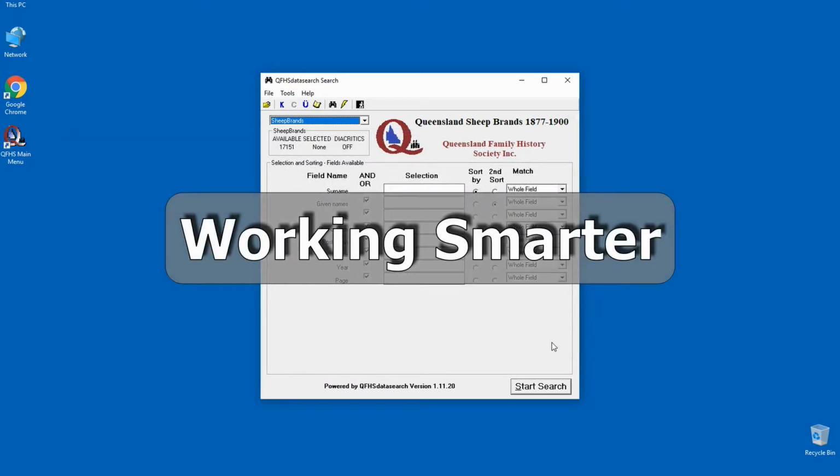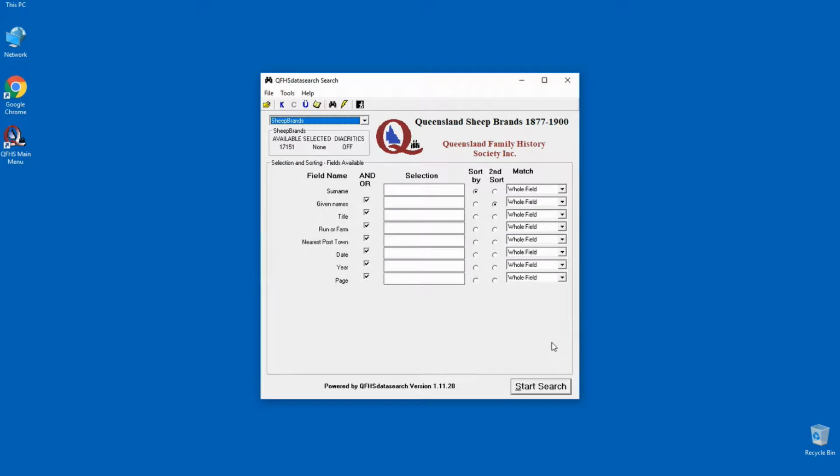In this clip, we'll continue looking at searching with the Queensland Family History Society data search application. We'll look at some of the more advanced features including sorting, handling codes in fields, and non-English characters. In addition to this clip, you can find out more information about these features through the inbuilt help provided in